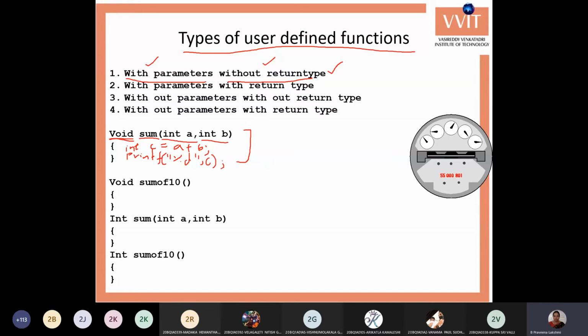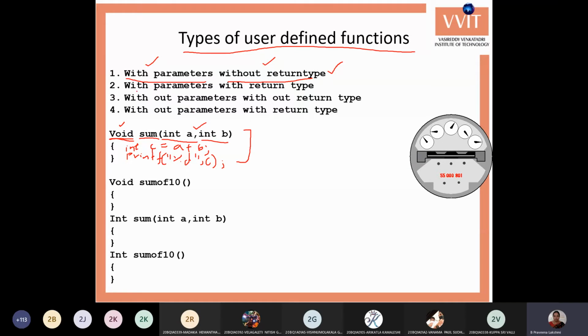Now we need not send the result to outside, so we are printing in the function itself. So for these type of functions, we say without return type and with parameters. Okay, this is called without return type with parameters.